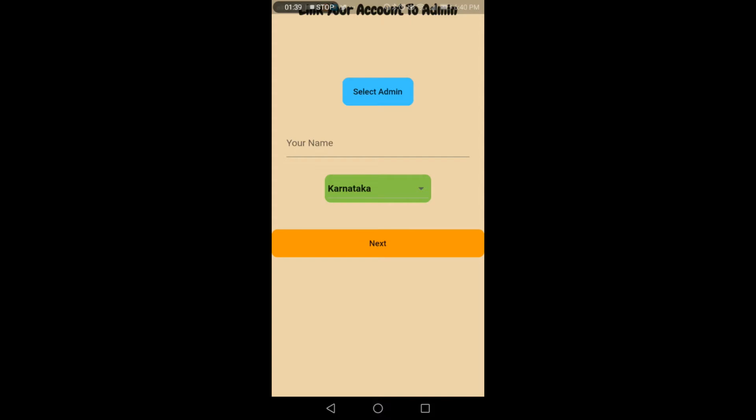So you have to put the same mobile number which you're using in the app, and that is only one time. That is for the authentication process. Next time onwards you don't have to enter the mobile number. Even this page is only one time because this is part of registration, so the next time onwards you don't have to select the admin. The selection of admin is because each teacher will be linked to an admin.